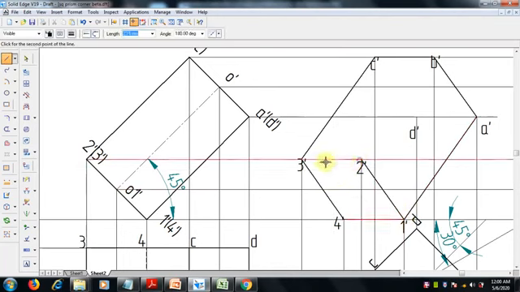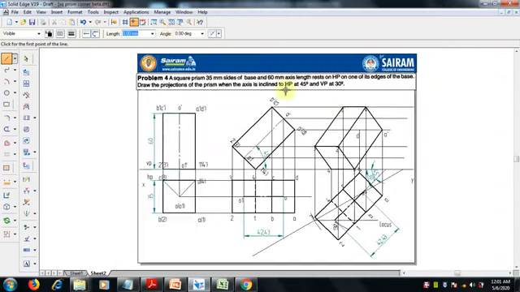So 2 3 4. So now 1 2 3 4 is the visible edge, and the visible edges are to be connected here with only visible edges. So 1 to A is visible, then 2 to B should be darkened, right? That's all. So all visible edges, now you can see the base and the remaining rectangular portions. So this is over actually, but you have to draw the hidden lines also.